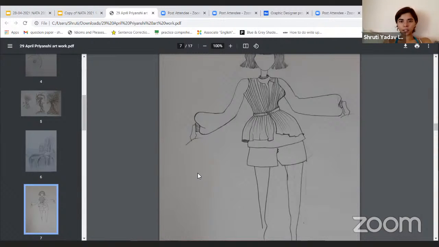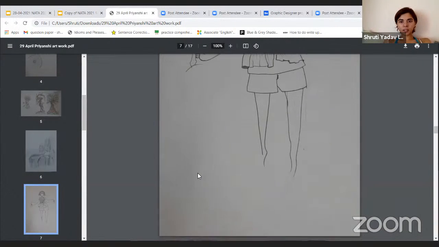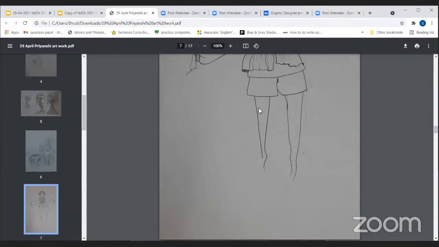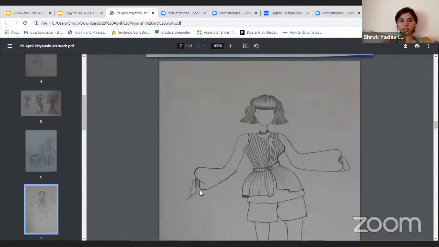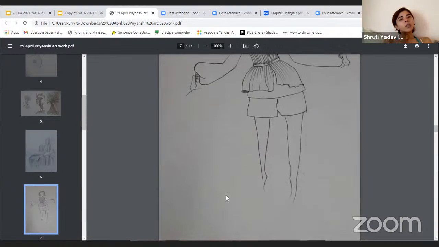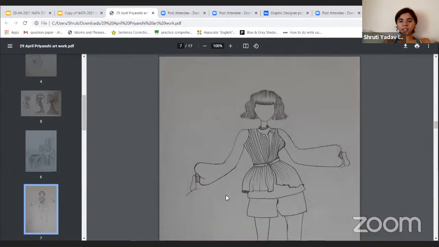Style is fine. If you've done the legs in this way, the body in this way, the hands in this way, it's okay. It's a style. We can work with this, but do two more dresses, probably something that goes with the one she's wearing, and we can get a theme for that.